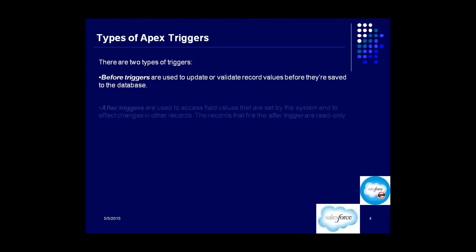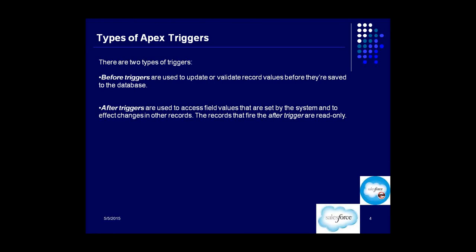There's another type of trigger which is called after trigger. What is an after trigger? After triggers are used to access field values that are set by the system and to effect changes in other records. Got it? So this is used to access the field values of the record which just got inserted. So if I say after insert, so I must be talking about some record which is getting inserted, right? So there must be some data in context.